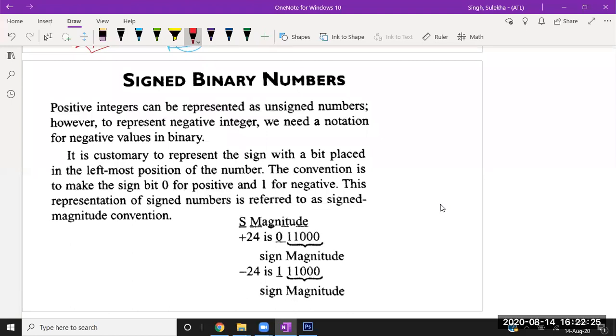Okay, good. So now we will move to our next very important topic, that is signed binary number. After completing this topic, you will get to know why you are studying these two's complement and one's complement numbers. So one thing about signed binary numbers, you know all the representations.